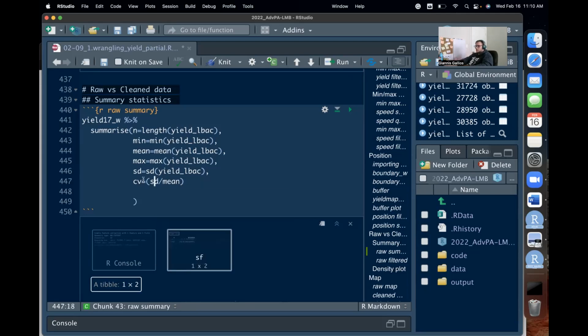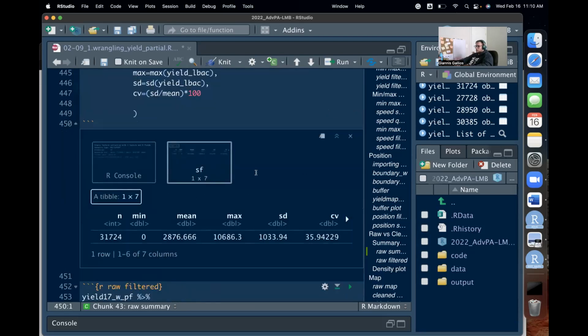And here, because we have already created above the SD column and the mean column, it knows to use those two columns to calculate the CV. And then we just say times 100 outside of the parentheses. So this is all you should need. If you got all of your parentheses right and all of your commas right, and you run it, you should get